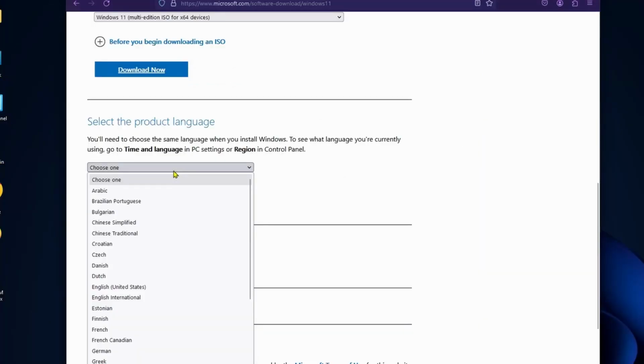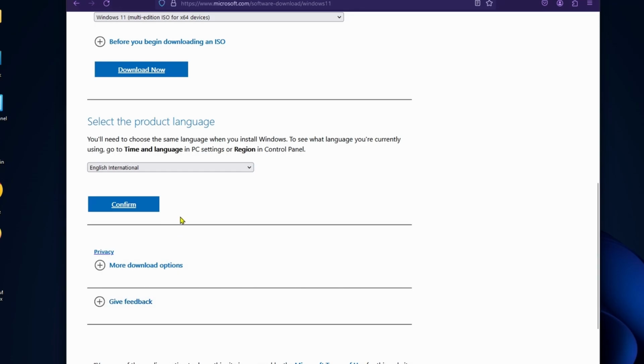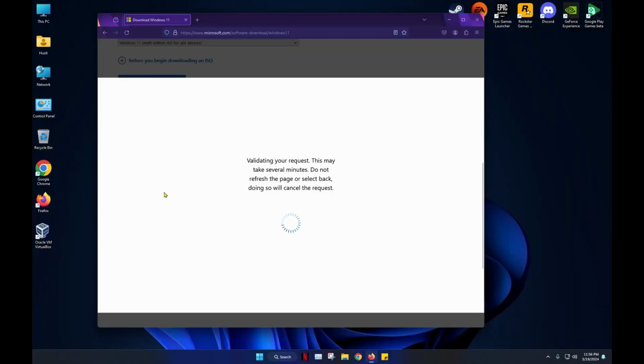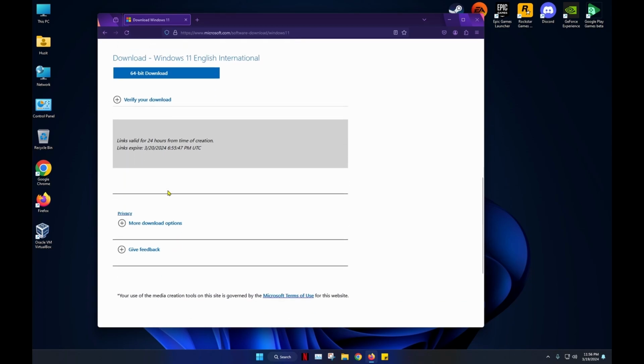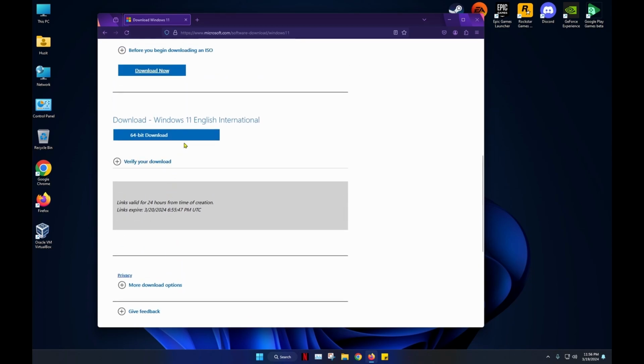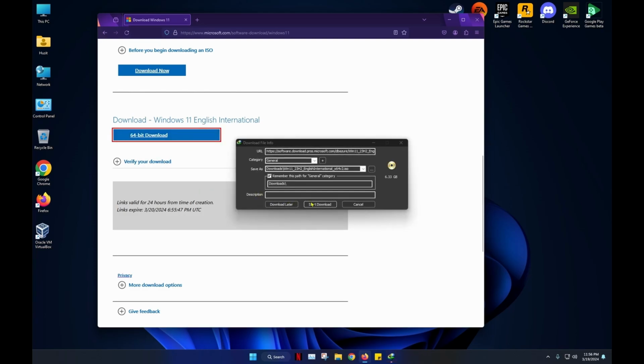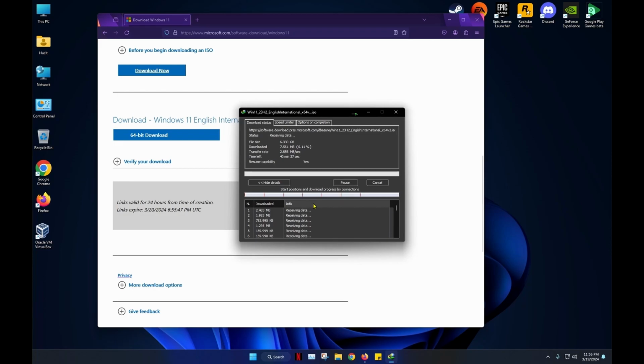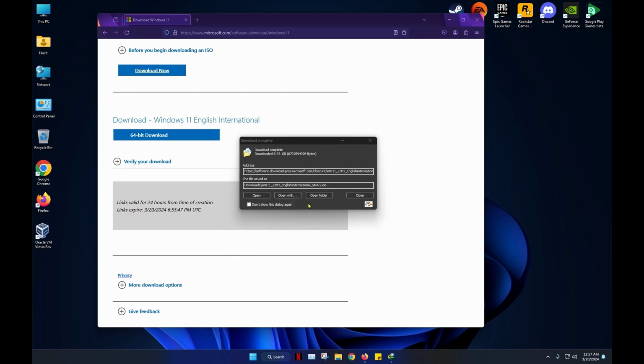Select your language and press Confirm. Then to download the ISO file, click on 64-bit download. After the Windows 11 ISO has been downloaded,